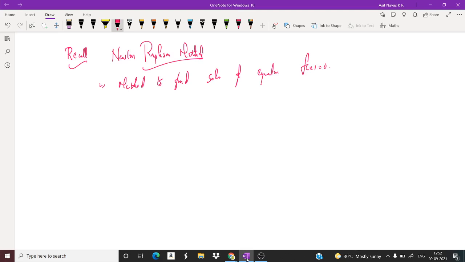So the formula for finding the solution is, that is, xn plus 1, the first iterate. It is an iterative method. xn plus 1 is xn minus f of xn divided by f dash of xn, for n equal to 0, 1, 2, 3, etc. So they may give the initial approximation x naught, or we may assume x naught. Okay. So we will do a problem